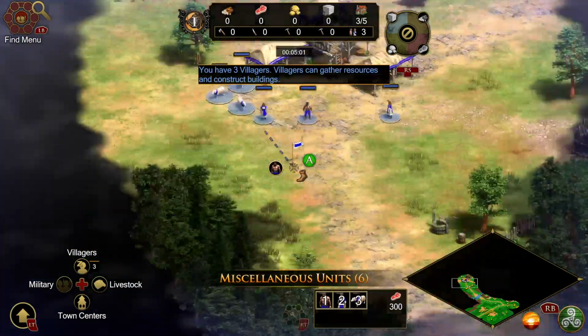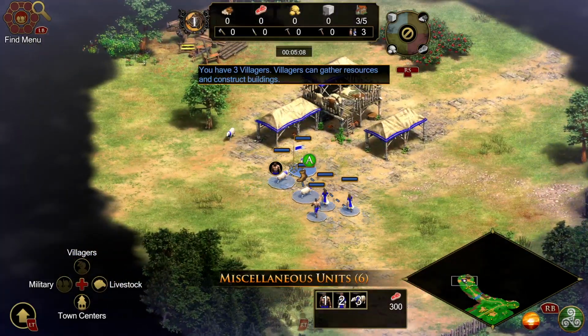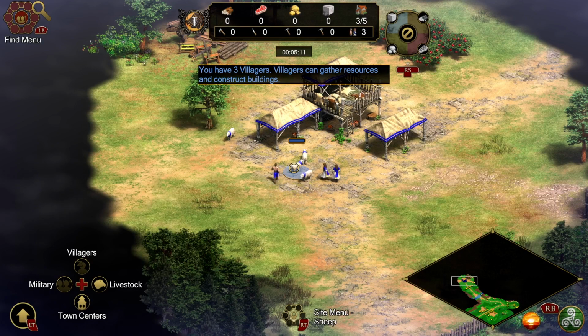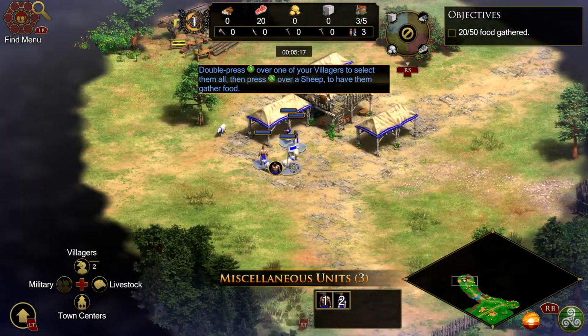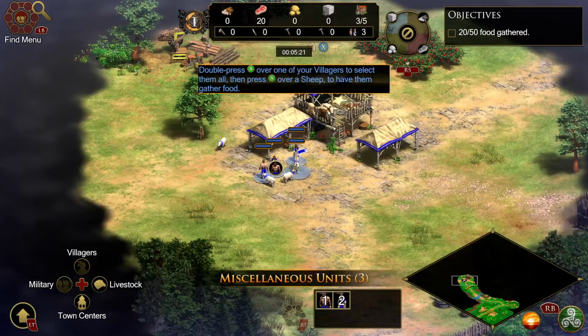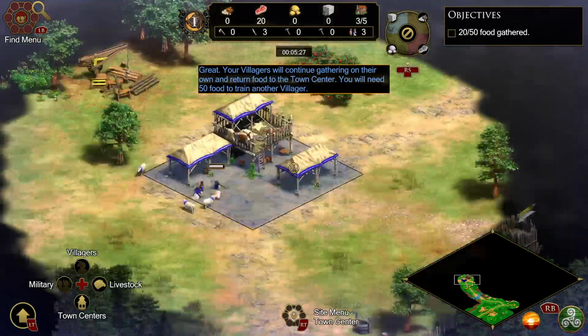You have 3 villagers. Villagers can gather resources and construct buildings. Double press A over one of your villagers to select them all. Then press A over a sheep to have them gather food. Great. Your villagers will continue gathering on their own and return food to the